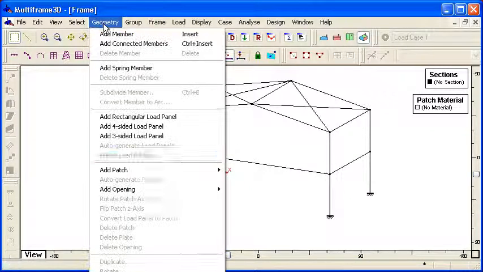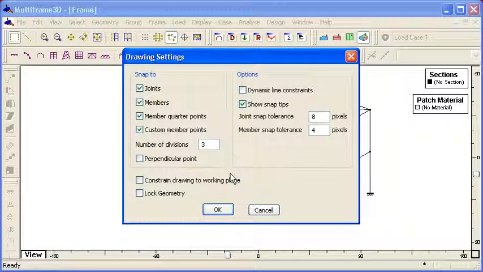To control those settings from the geometry menu, we use the drawing settings command. And you can see here I've got the snap set up. The custom member points command is interesting because it allows us to define the number of divisions along the member. So in this case, with that set to 3, that means I've got snap points at a third of the